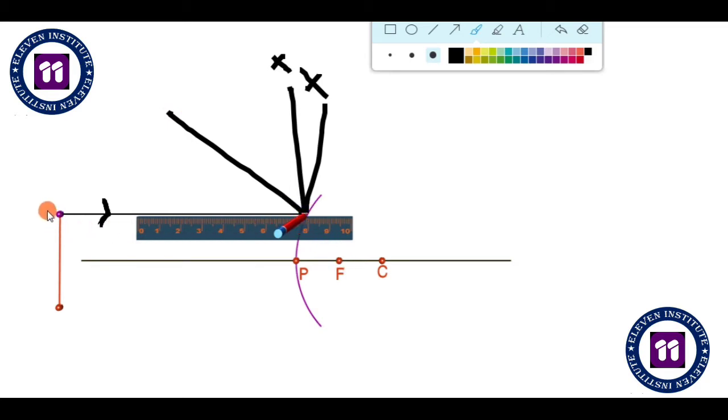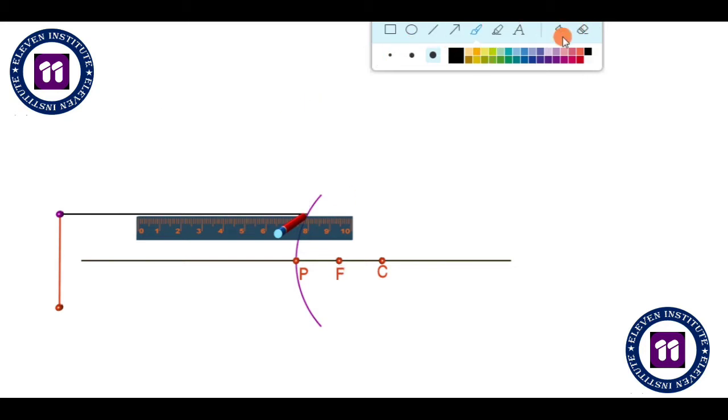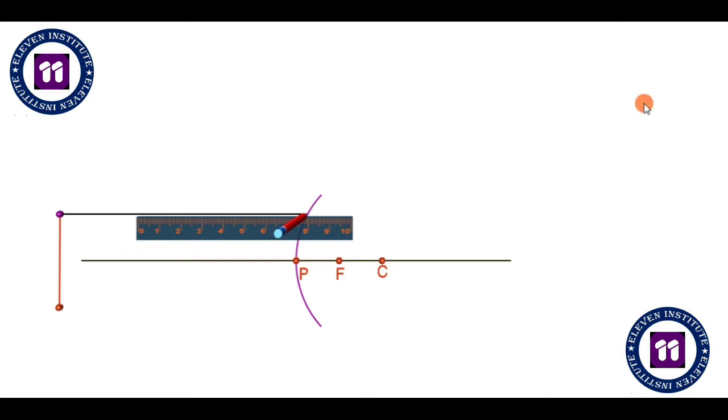Why? Because when a ray travels parallel to the principal axis, the reflected ray will be directed towards the focal point. Now I cannot draw a ray over here, but I can definitely draw a ray over here which faces the focal point. I hope this is clear to you. Right. So let us now see this. How will we draw? Right. Please be very clear.